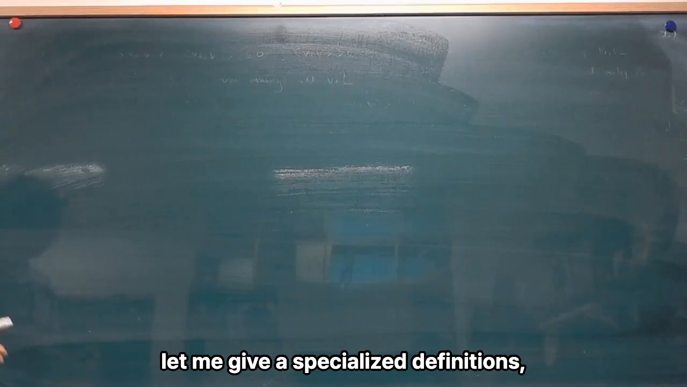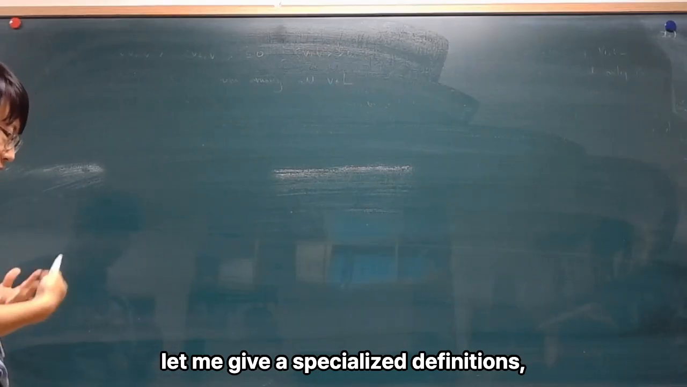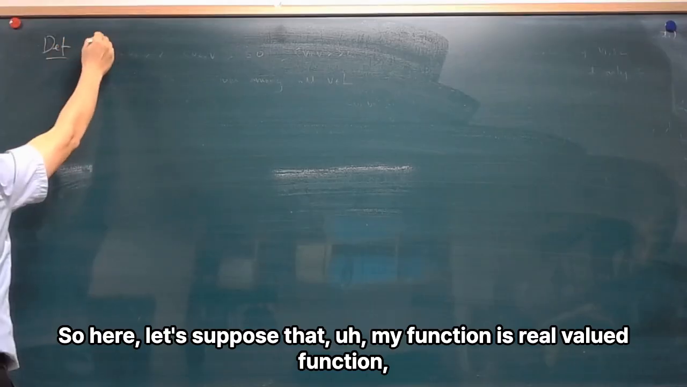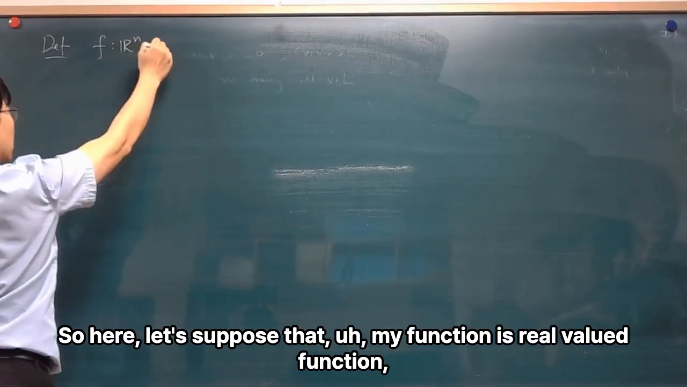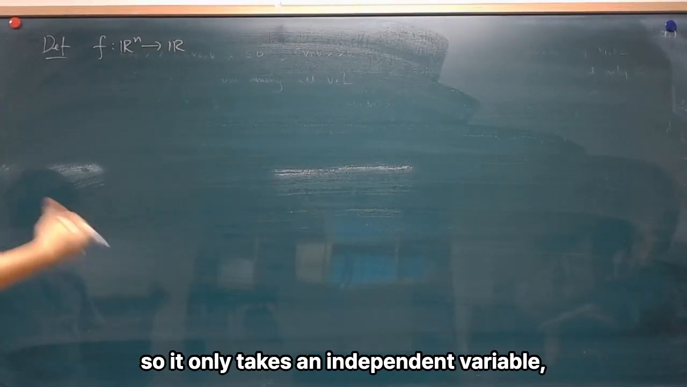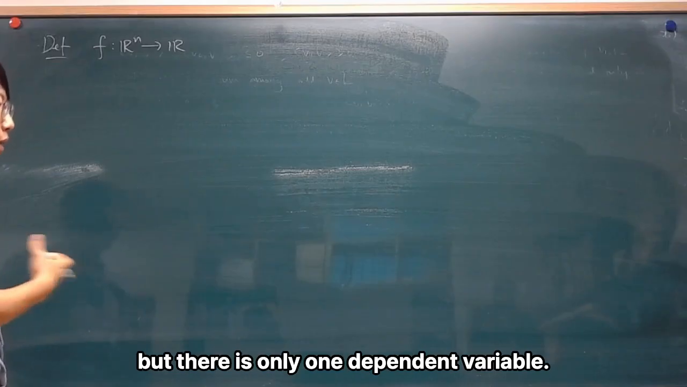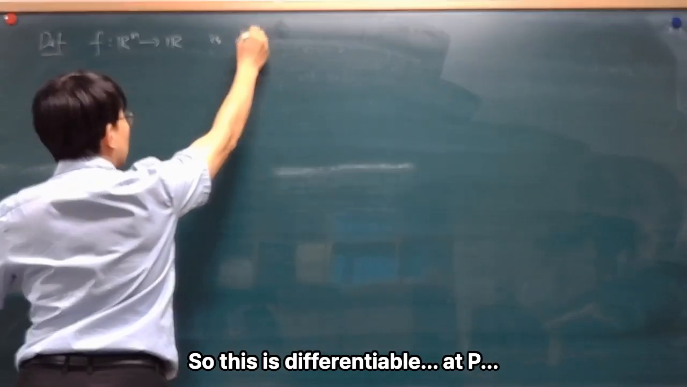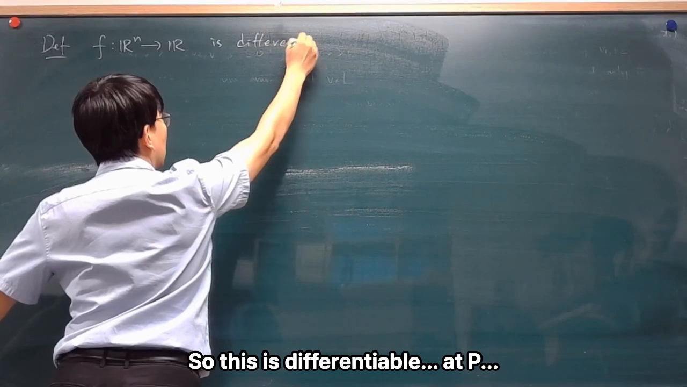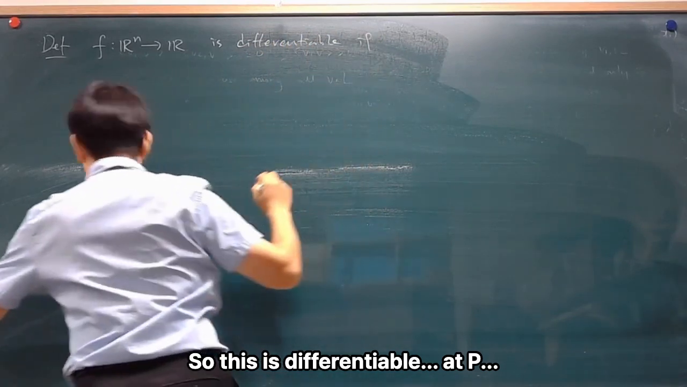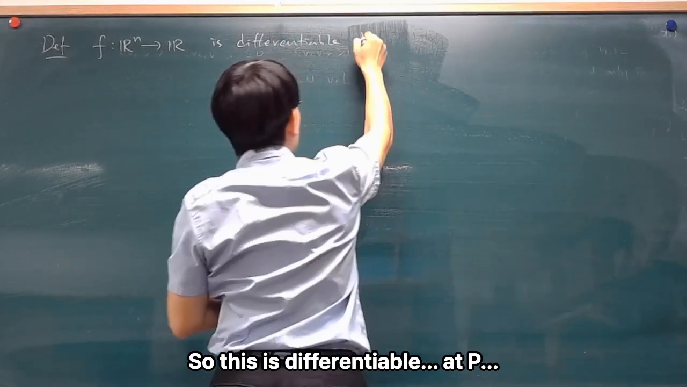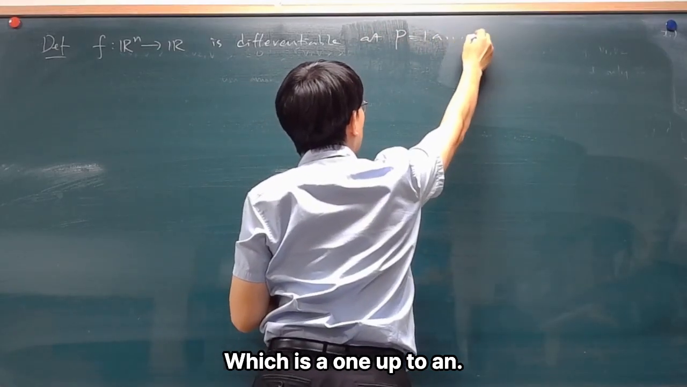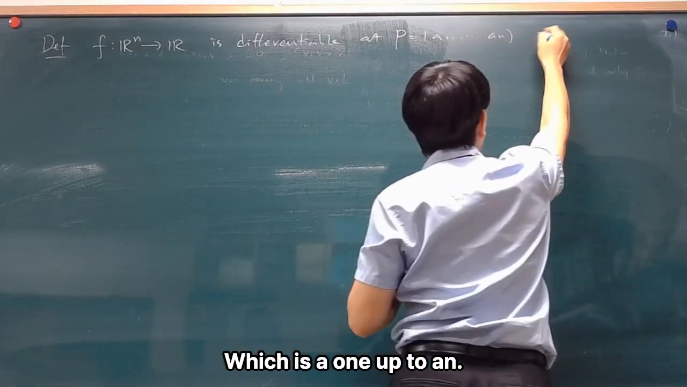So let me give a specialized version of the definition here. Let's suppose that my function is a real-valued function, so it takes n independent variables but only one dependent value. This is differentiable at p, which is (a1, up to an), if